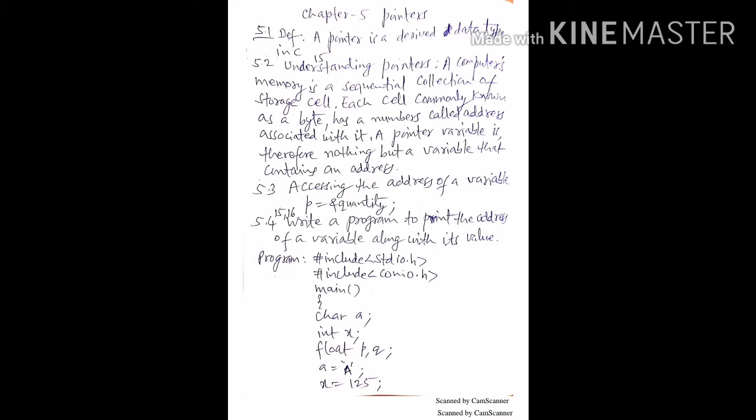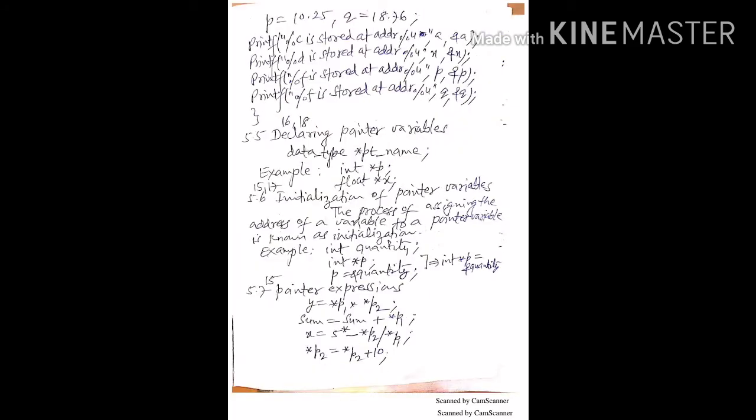Accessing the address of a variable: p = &quantity. Write a program to print the address of a variable along with its value. It is very simple, therefore it can be seen on the paper. Then